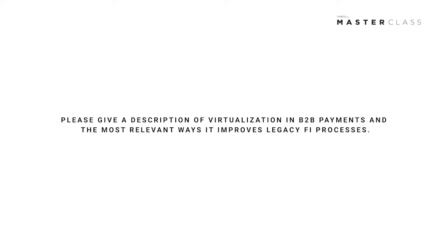Now, as we look to virtualization in B2B payments, this actually optimizes a transaction for both the buyers and the suppliers. So ultimately creating a win-win in the payment space, where normally the benefits of commercial payments have focused solely on the buyer. If we look at just some of the key benefits that virtualization brings to these businesses, from